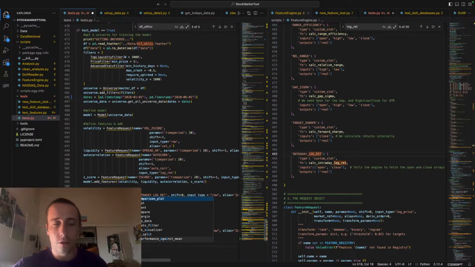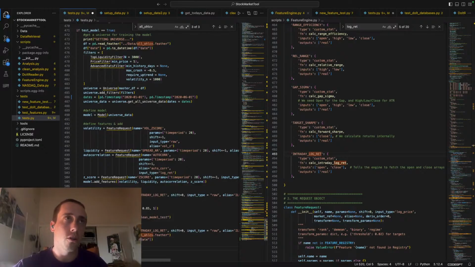Alright, so then we could do data as df.tail. Let's just get the last 100 to make it small. And then feature engine.